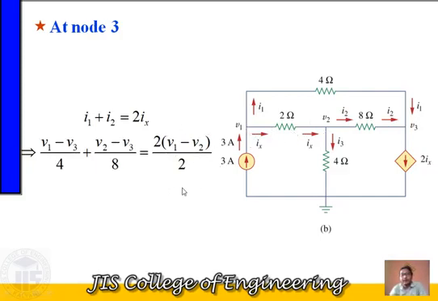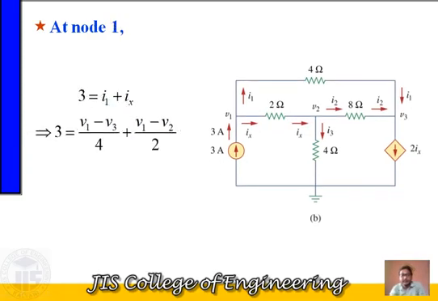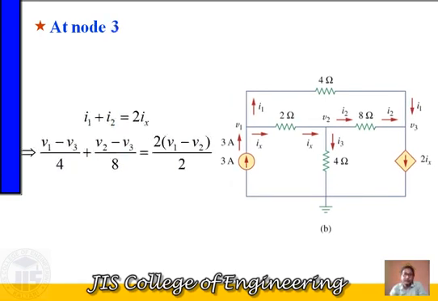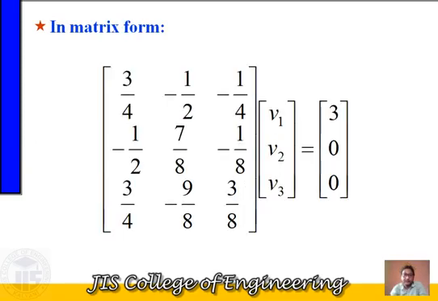So we have got the three equations, equation 1, equation 2 and equation 3. This is the equation for node 1, this is the equation for node 2, and this is the equation for node 3. Now 3 equations and 3 unknown variables, V1, V2 and V3. You can easily solve the equations and find the values of V1, V2, V3, no problem at all. You can solve these 3 equations by using the normal equation method or by the matrix analysis method.